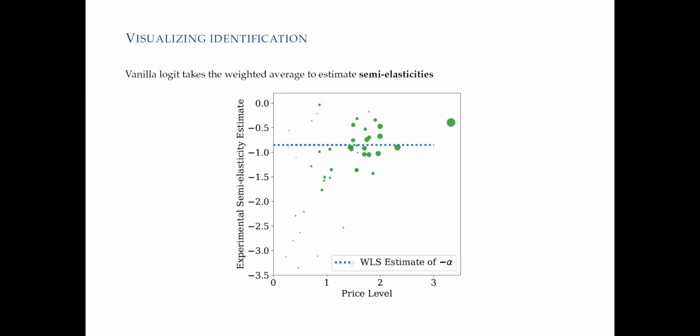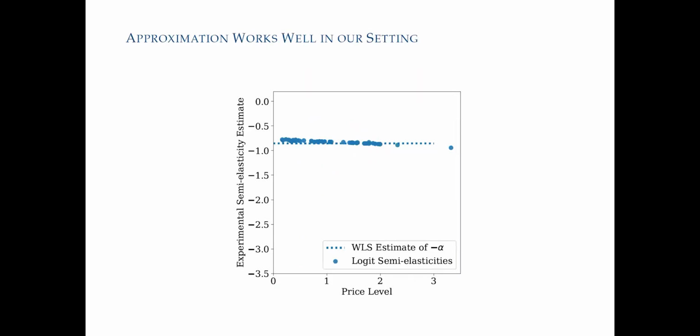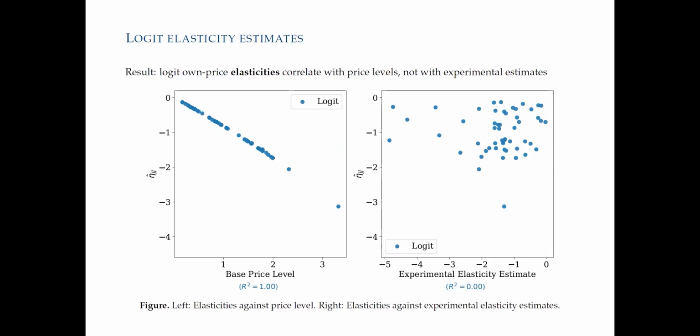I get this line. Of course, you can pick any of those, you still identify it. If I use this product, I will get a low elasticity. This product, a high elasticity. It's going to happen to be the weighted average if you use all of them. So the model is massively rejected. And what you're going to get depends inherently on which experiment you ran. We did all of them, so we can evaluate that. Okay, so logit depends on price levels, not the moments used to identify it.